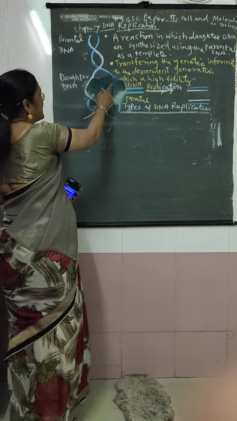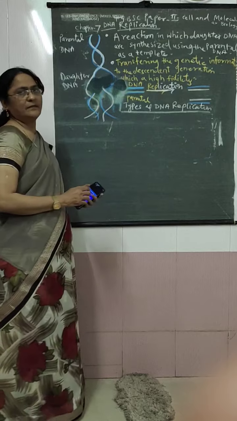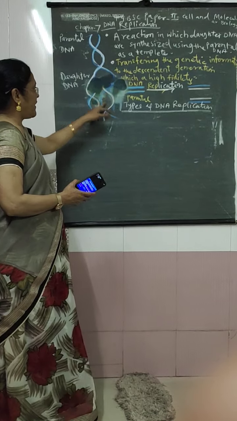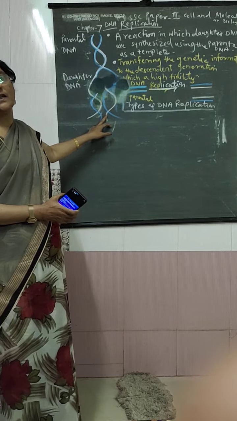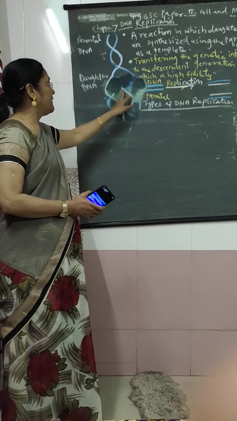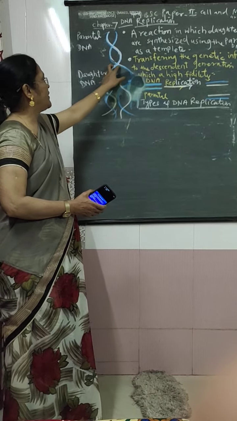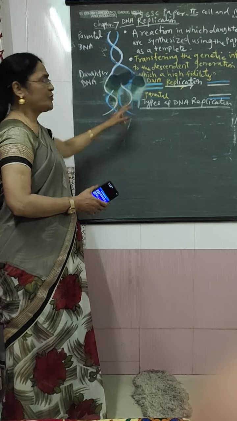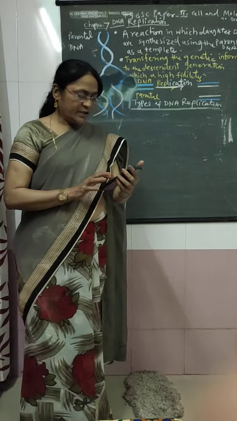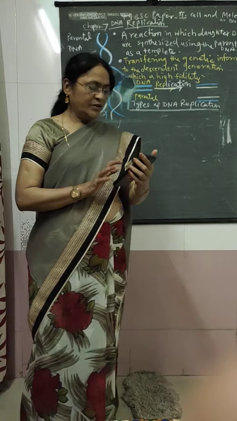If these two strands get separated, each of these strands has the capacity to form a new strand. So like this, when this one is unwound, these two will be formed. See, this DNA replication has